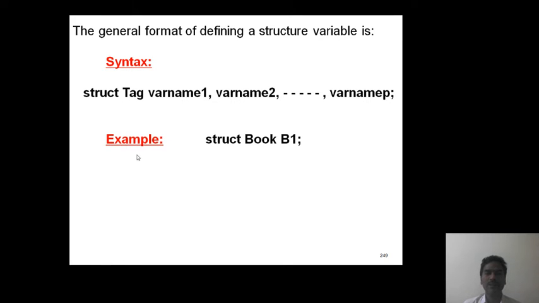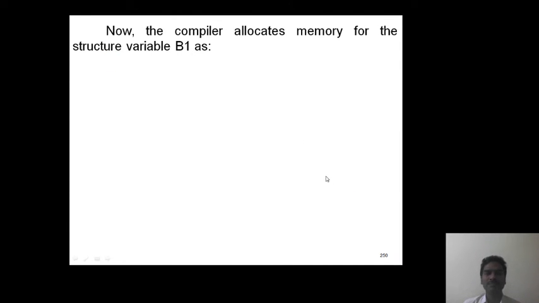Let us take an example, struct book, which refers to the data type. Now the variable is b1. Whenever a variable is created for the data type, the compiler is ready to reserve its memory. Now this is memory allocation.